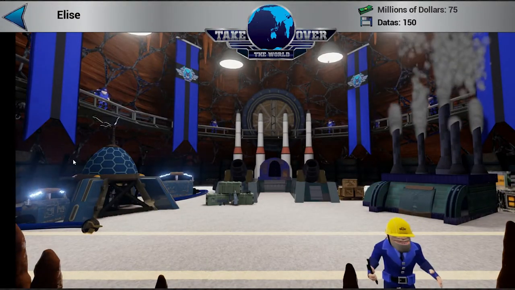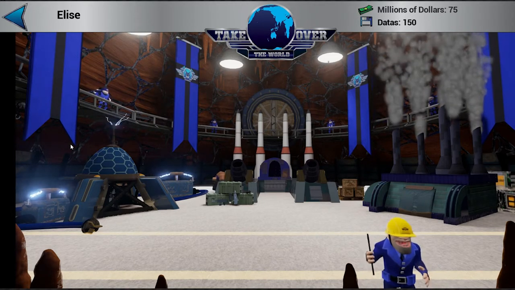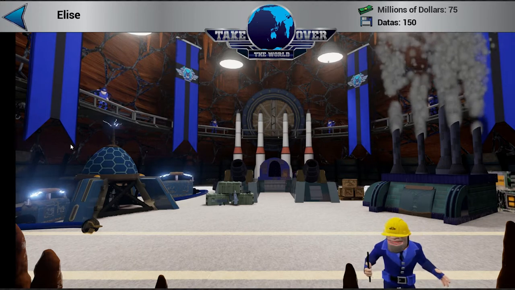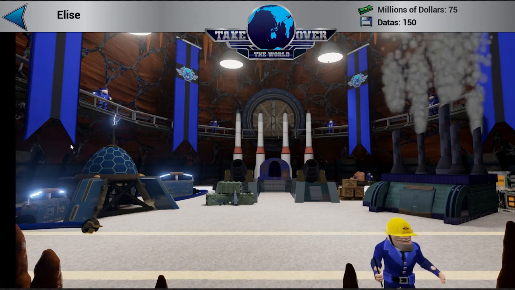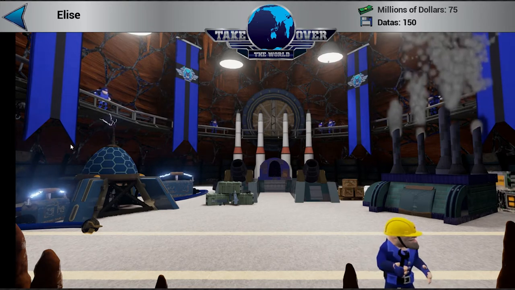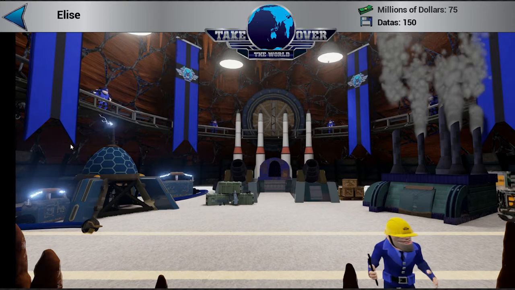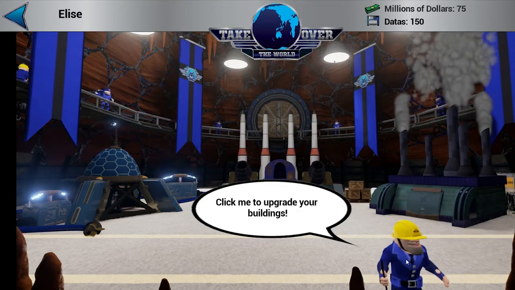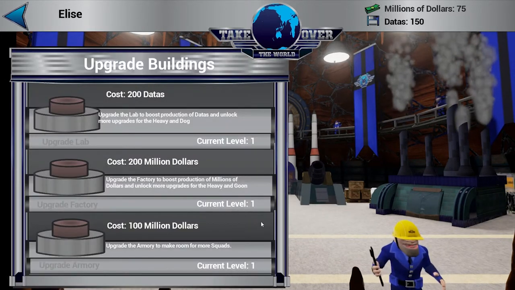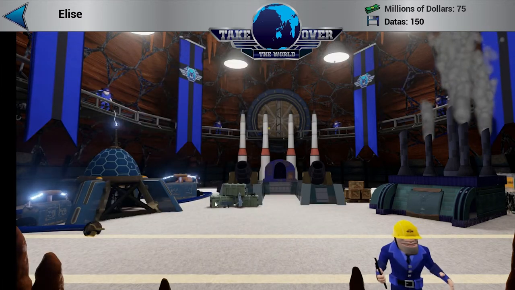At the top you can see your two main resources, millions of dollars and datas. You start out with a little bit as soon as you make a save file. These resources are used for creating units, upgrading them, unlocking new equipment, and of course, upgrading your buildings. Upgrading your buildings increases the resources that they generate and also unlocks new tiers of the tech trees for each